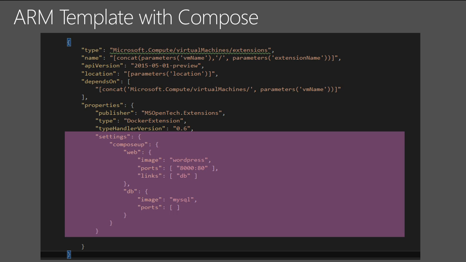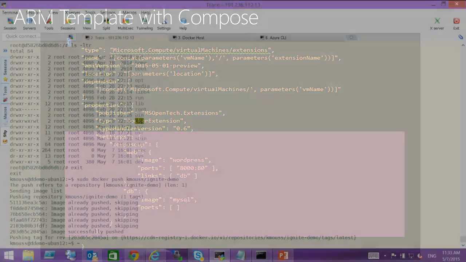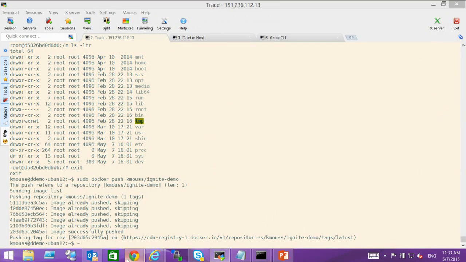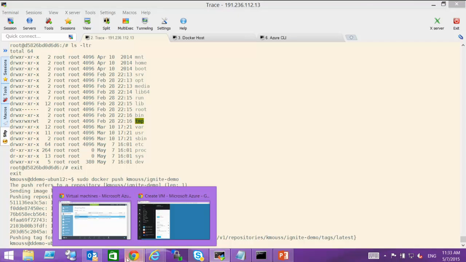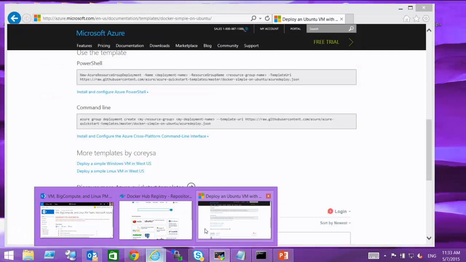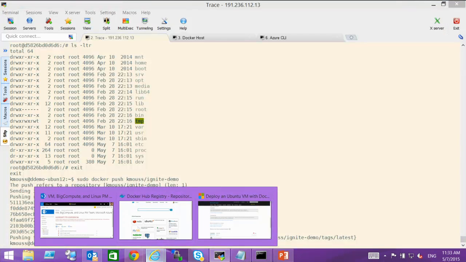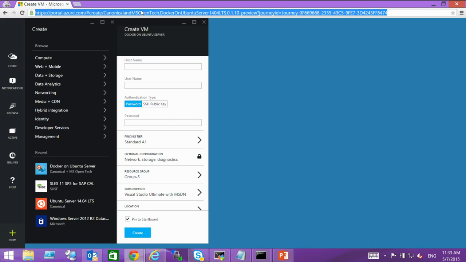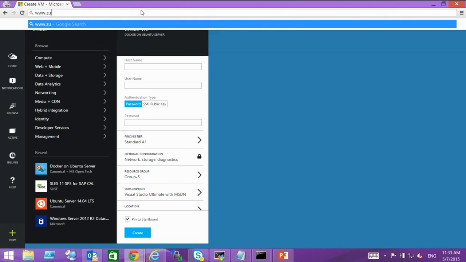So if you just go to the portal. Switch there. So I need to log in. All right. So if I go to the Azure portal, I'm going to skip this, and if you just go to azure.com,